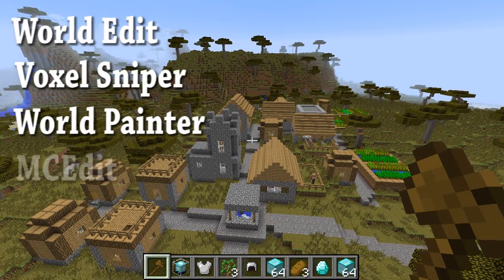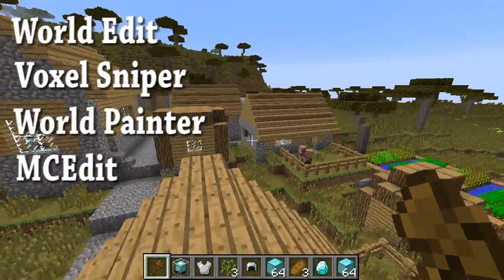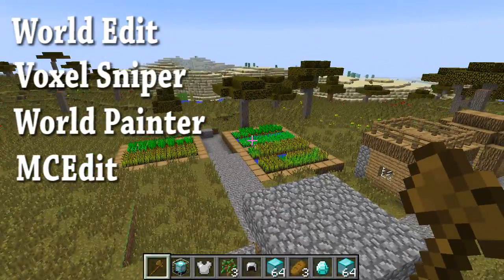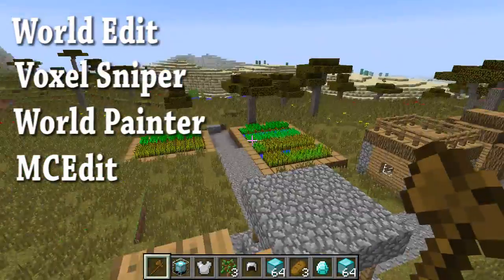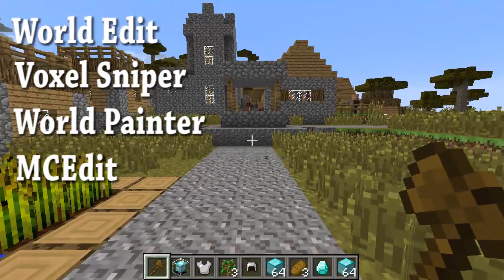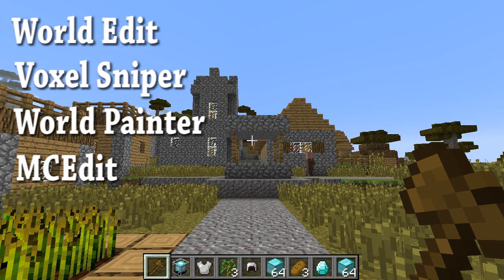Go ahead and grab MC Edit if you want to dive deeper into the world editing thing. That's another good program. Both optional though. World Painter, MC Edit optional, Voxel Sniper optional, World Edit not. Make sure to grab that. Check them all out. They'll all be in the description, and I'm probably popping them on screen right now. So click on those plugins, check the descriptions, download the ones you want, and bam, let's get started on the